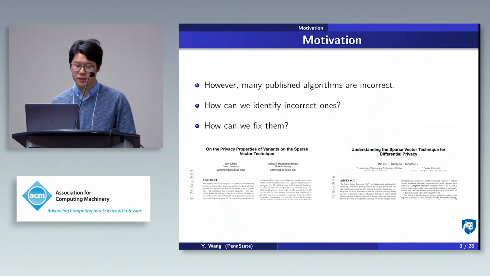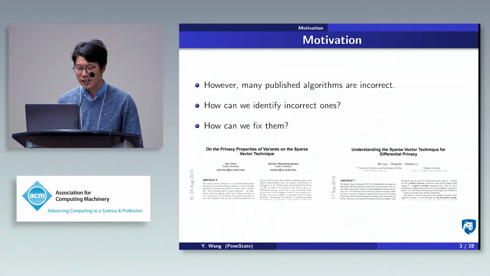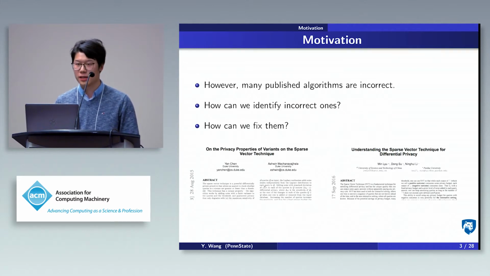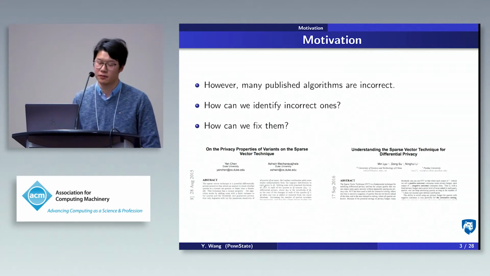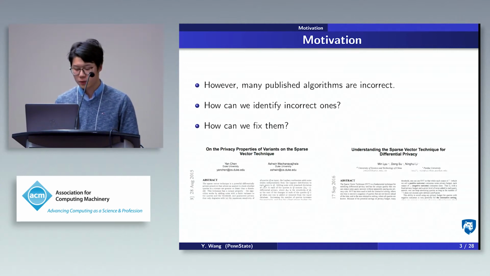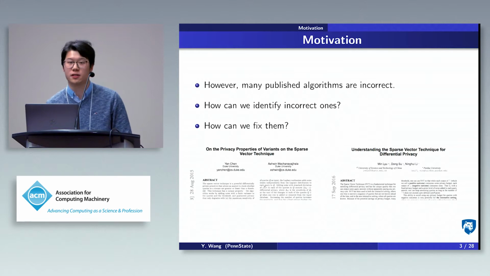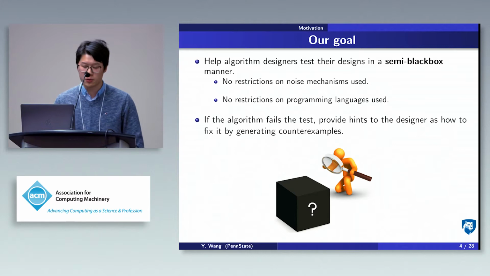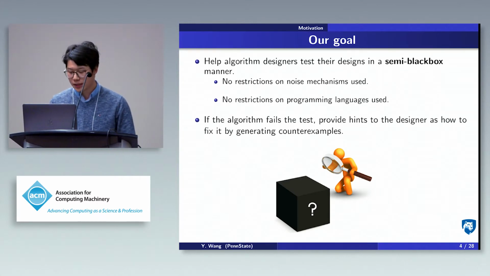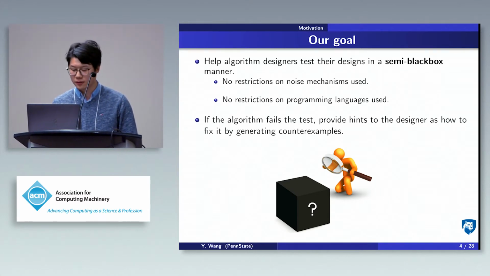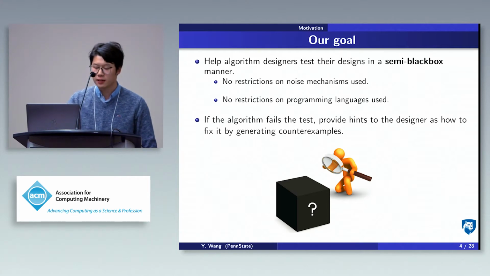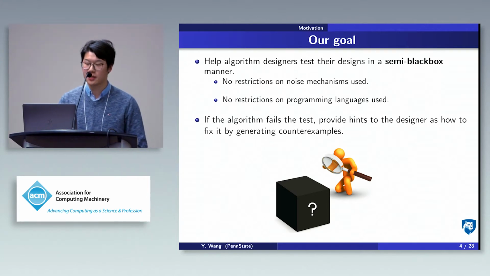Then an interesting and important question arises. How can we detect if the algorithm is incorrect in the development process so that programmers will be able to know that their algorithms are likely not to satisfy differential privacy? Also, how can we provide hints to the programmers to fix their code in an early stage? Our goal is to build a tool to test the designs of the algorithm and report counterexamples to the programmer if the algorithm fails the test. In that way, the programmer will be able to fix the bugs in an early stage before releasing their algorithms